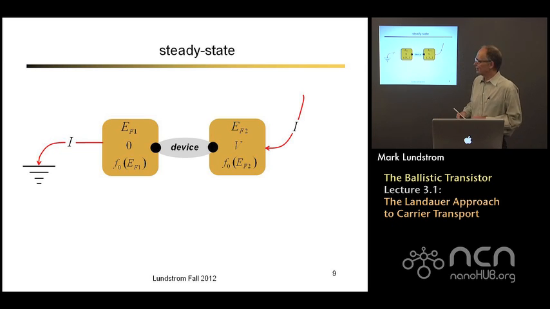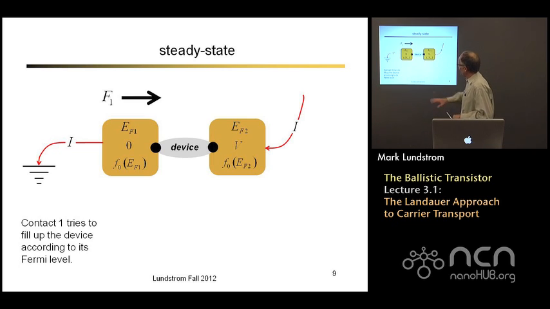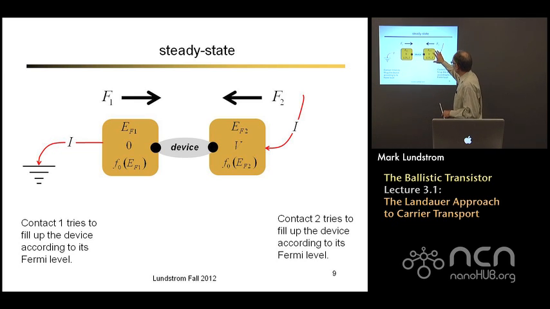It's capacitances and parasitic effects that determine the response time, not the intrinsic transport phenomenon. So we'll be looking at steady state conditions. Now, the mental picture that we have here is that contact 1 is trying to fill up this device according to its Fermi level. Contact 2 is trying to fill up the same device according to its Fermi level. If we've applied a voltage, we have 2 different Fermi levels, and those 2 contacts can't be happy at the